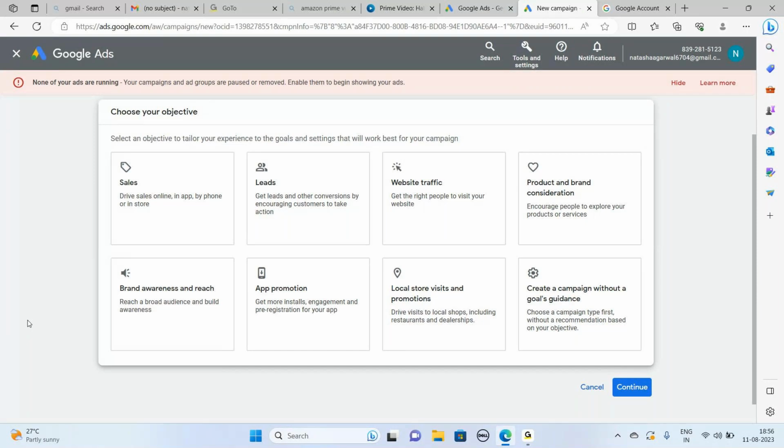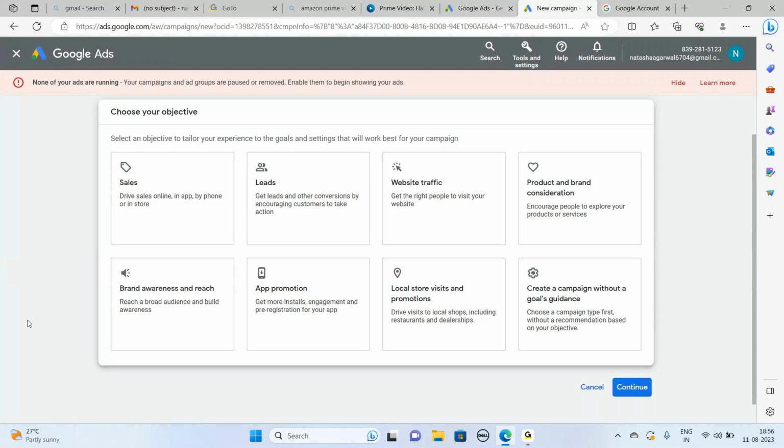If the intention is collecting the database of your audience, then you can choose leads. If you want to drive traffic, so whoever sees this ad should come to my website, you can choose website traffic.